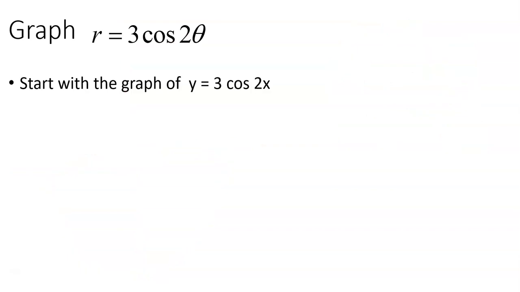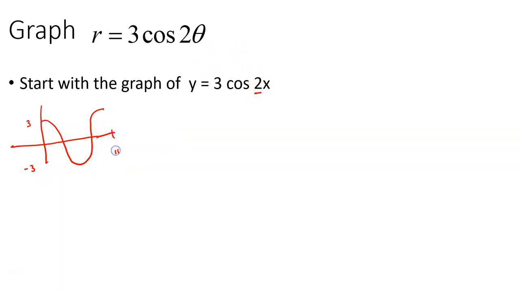All right, let's take a look at this one. R equals 3 cosine 2 theta. What does 3 cosine 2x look like? Well, cosine of x looks like this, right? It starts here, goes down, and back up again. And normally it would do that from negative 1 to 1, but this one is 3, so it's from negative 3 to 3. The other thing is we can fit two of those from 0 to 2 pi, so this